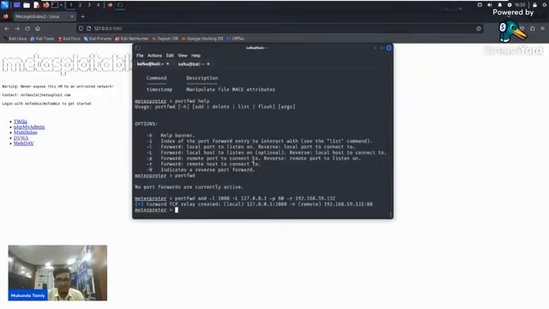Okay, I can take any other port too. If you want, I can just port forward it. Let's say add local port 1021 and let's say port 21, with 127.0.0.1, with the port of 21, and 192.168.59.132.